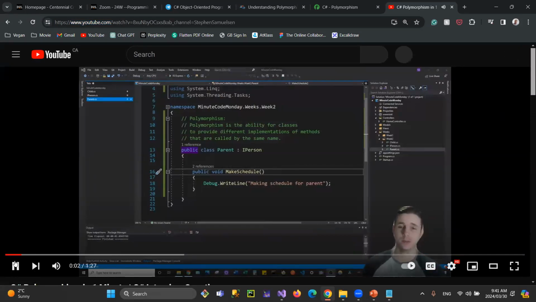Polymorphism in C# is the ability. Okay, done. Everyone, so nothing was new. Everything was explained. This is an awesome